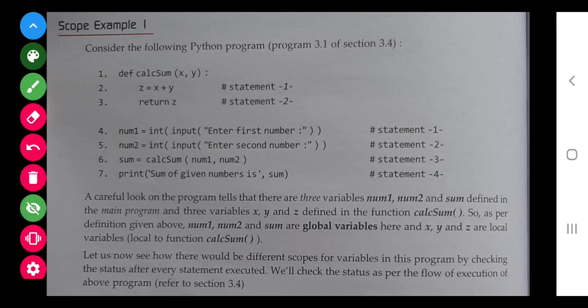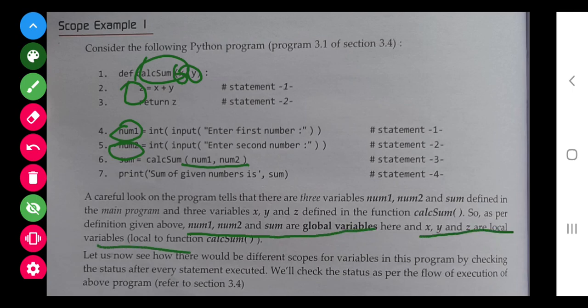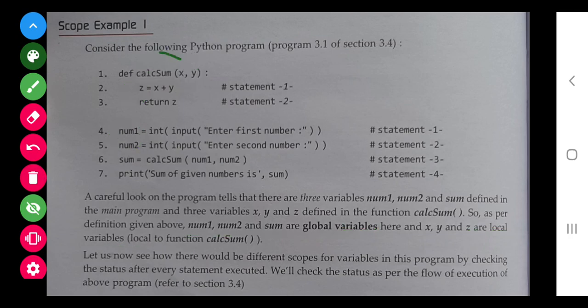Now you see one example for the scope. Here num1, num2 are the global variable. This can be used in any of the function by calling it. And here x and y and the z are the local variable of this function. See here they have written these are the global variable, x, y, z are the local variable of this, not local variable of complete program. It is a local variable of this because this is defined under this only,